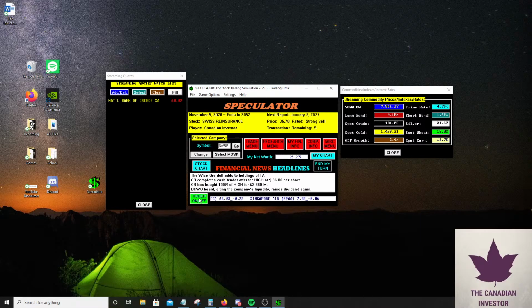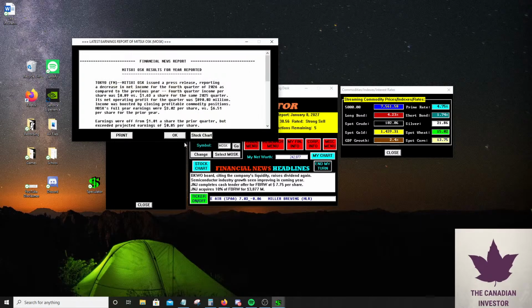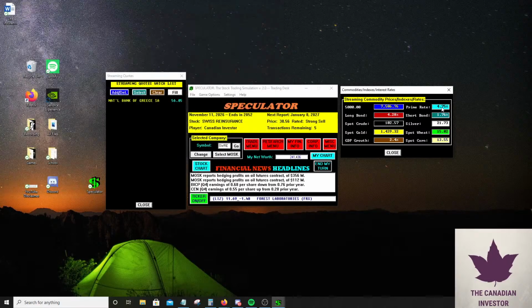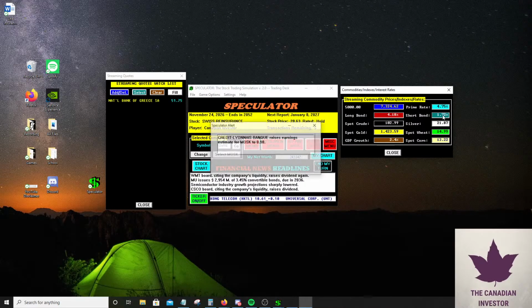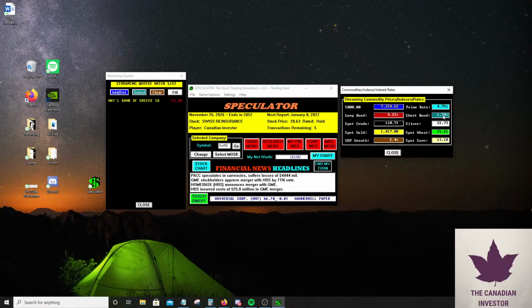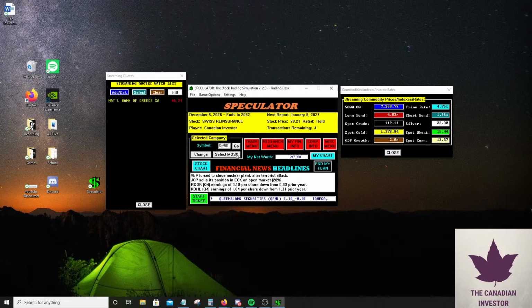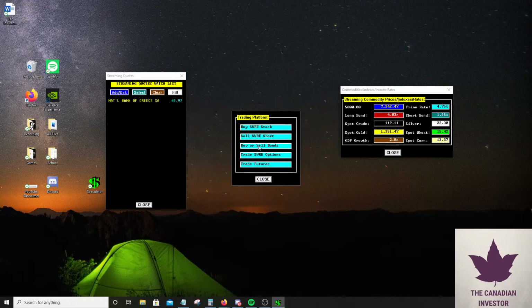I'm pretty certain that it might be a good idea to maybe take my profit. It's currently starting to flatten out for the long. It's flattening out for the prime. And it's a little bit volatile for the short rate. So I really don't know where interest rates are headed. Yes, they've been flattened. So I'm going to go ahead and not risk it and take my profit out of